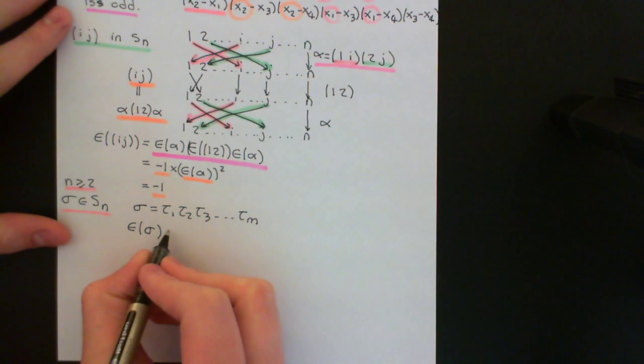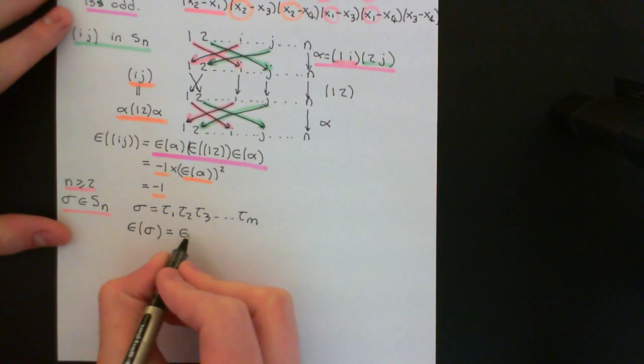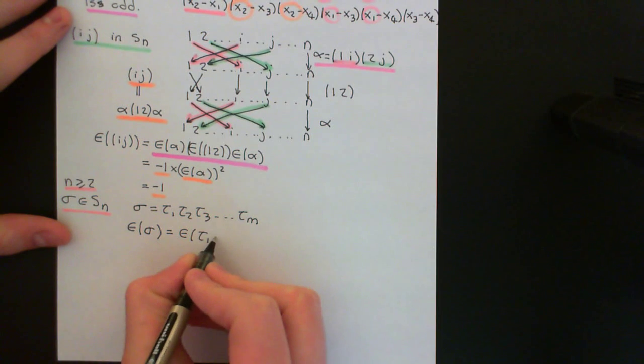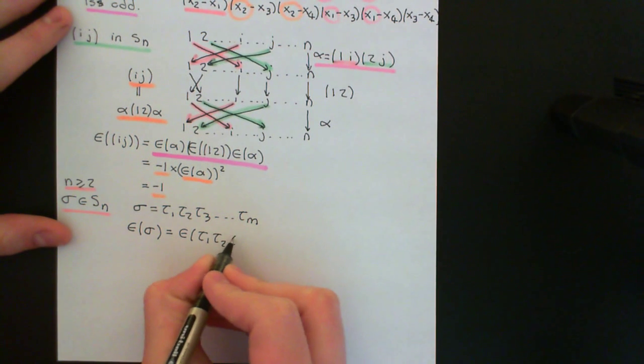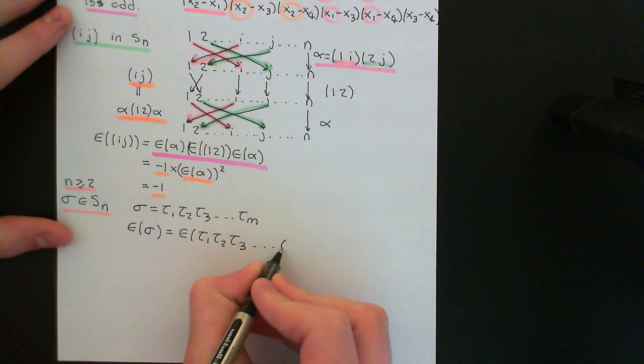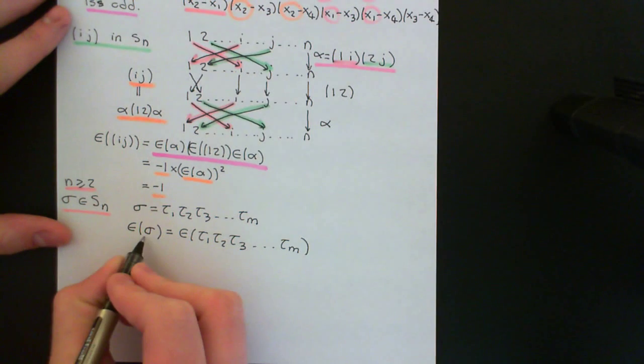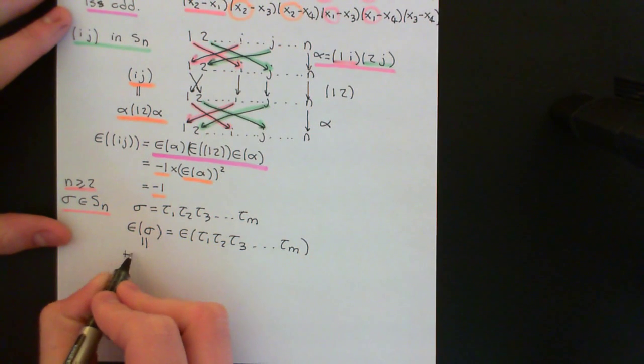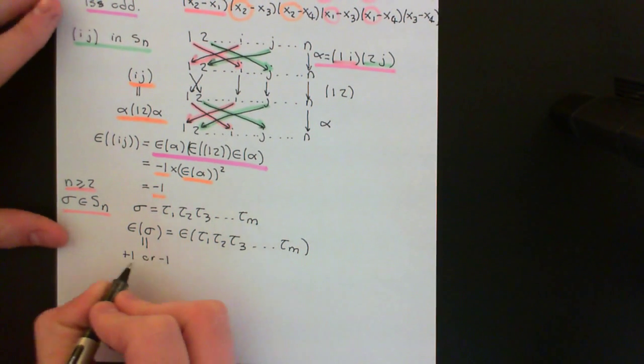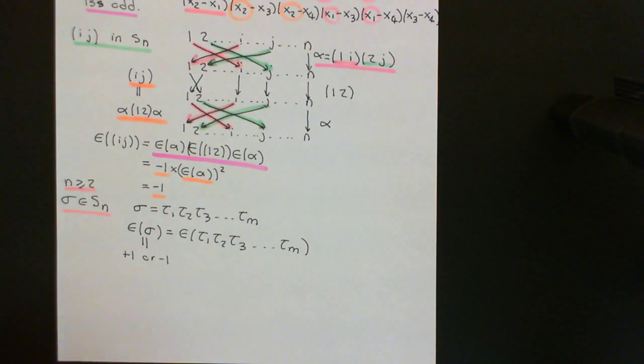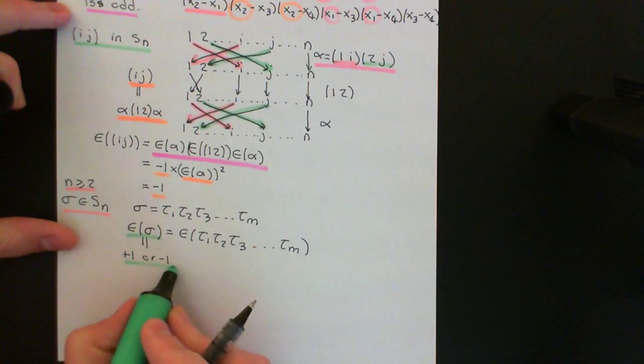We can say the sign of sigma is going to equal the sign of tau 1 times tau 2 times tau 3 all the way along to times tau m. This has some answer. It is either +1 or -1. It's a fixed answer though. Okay, it has a fixed answer. Now,